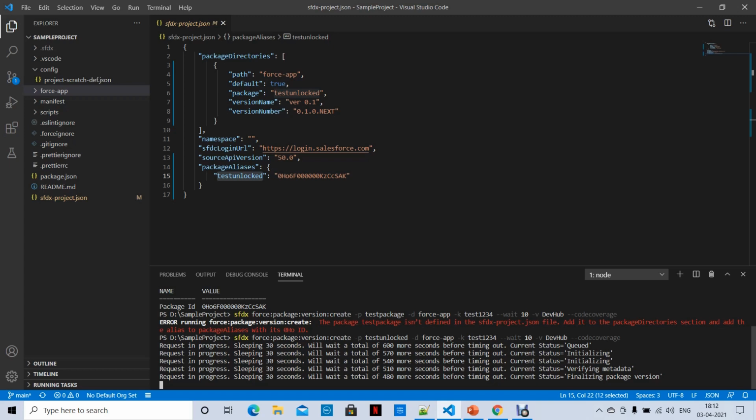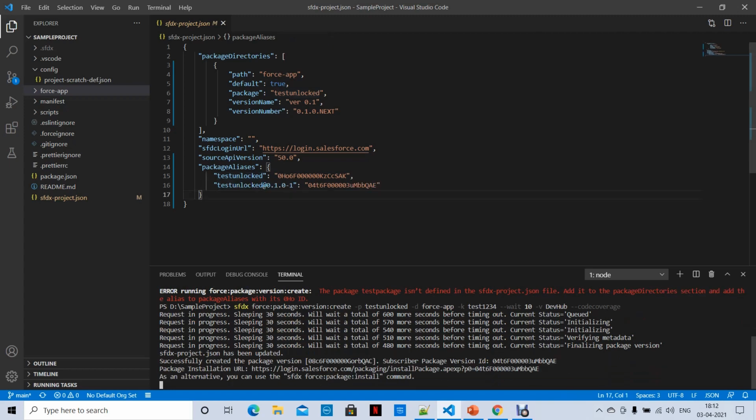See how easy it is. It's just a command. Now it is going to create a package URL. If you remember about the first generation packages, if you already worked with unmanaged and managed packages, when you create an unmanaged package in the Salesforce user interface with the components you want, once you upload, it generates an installation URL. But here, when you create a package version, then it generates an installation URL. See here.